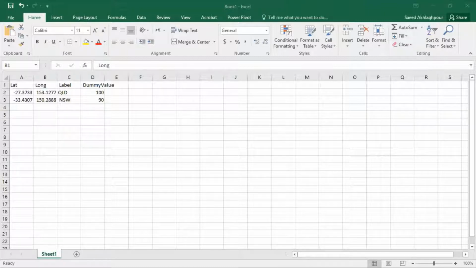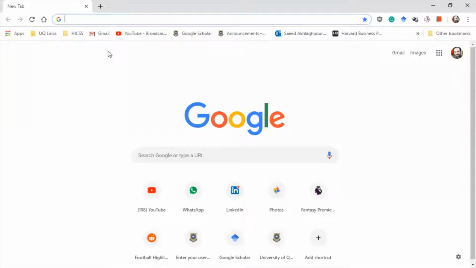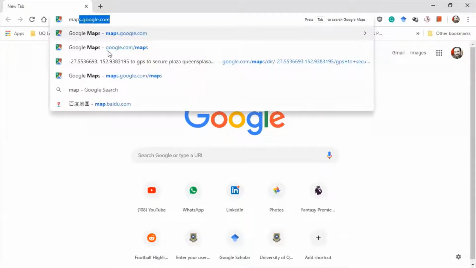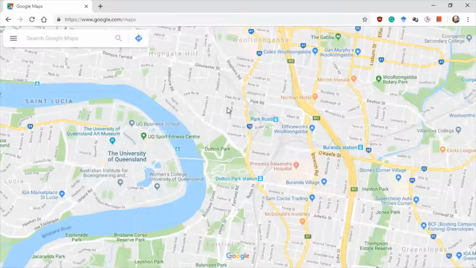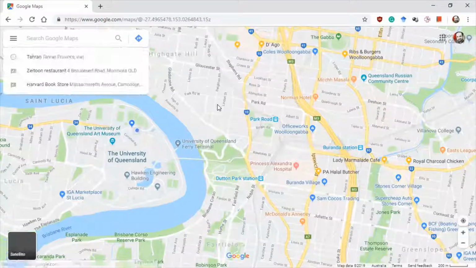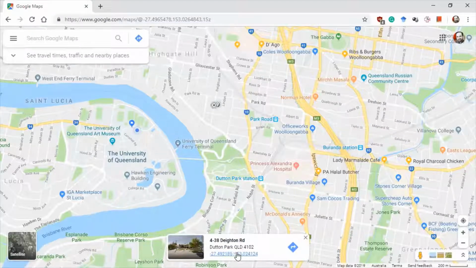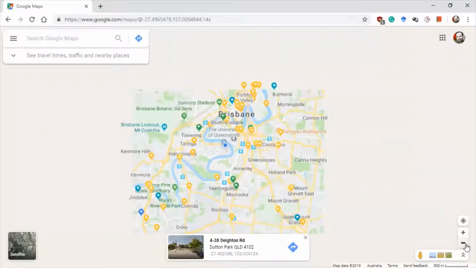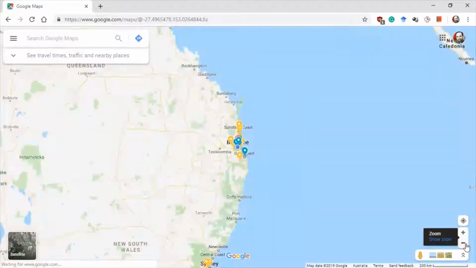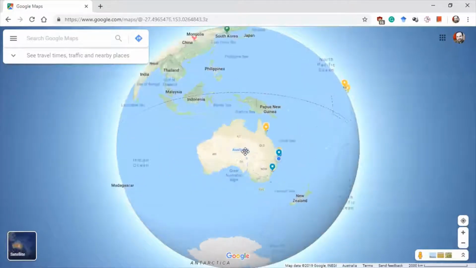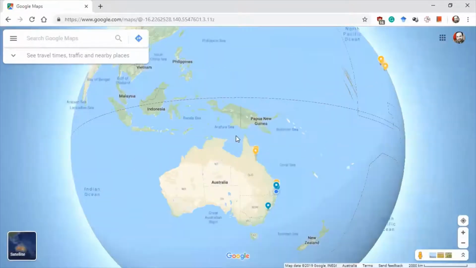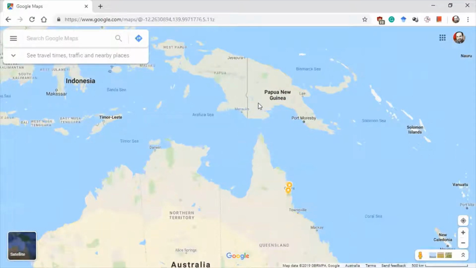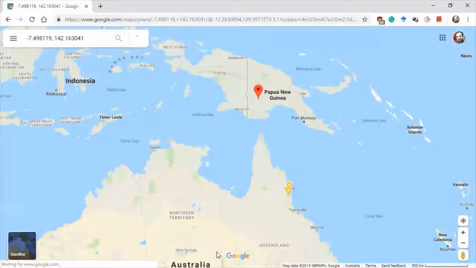You simply go to any map software, so Google Maps or Bing Maps or whatever tool you prefer. If you click on any point, it provides you with the latitude and longitude of that point, right? So let me pick an international point this time. Let's pick somewhere in, I don't know, PNG. Let's pick this point, and it provides me with the latitude and longitude, and all you need to do is